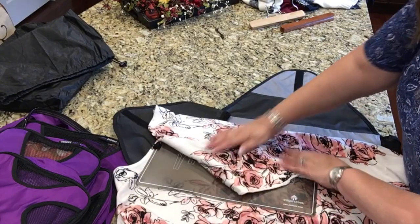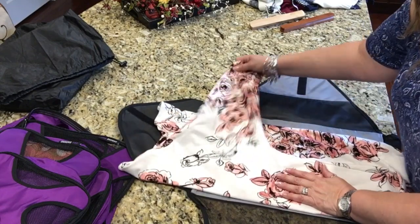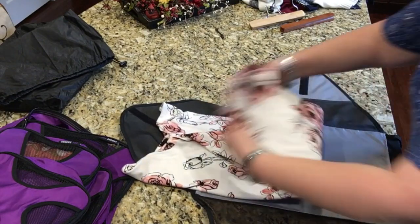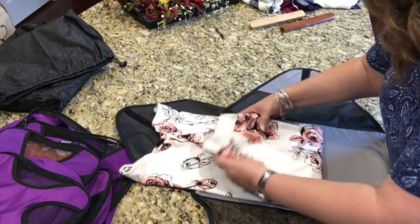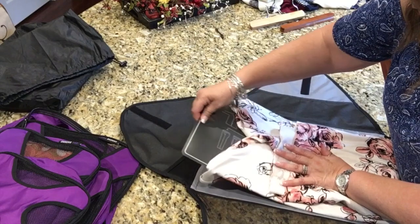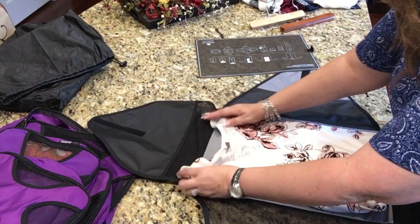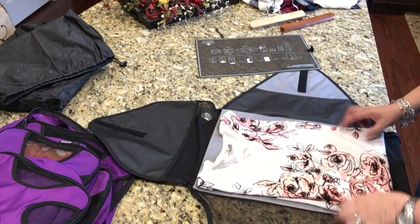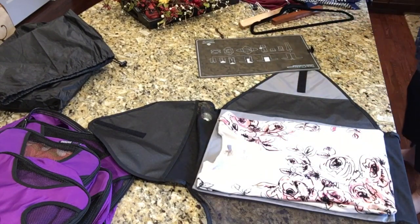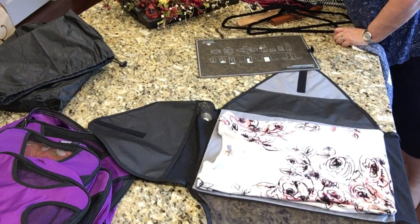And then just like you would if you're folding shirts, you do the same thing to the other side. Down the sleeve, and then fold up the bottom. You will go up as far as the card will allow. And then slip the card out, flip it over. There you go. Easy peasy. Let's do another one. I'm going to do all of these for you and show you. And this is 2, 3, 4, 5 of my